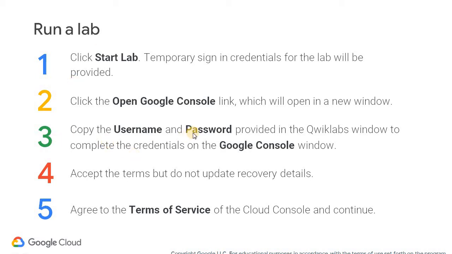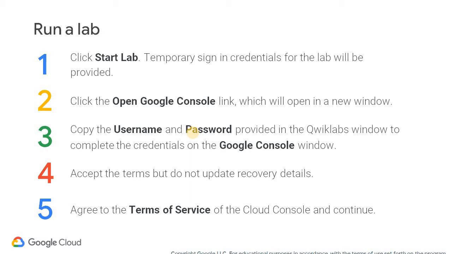Then click the Open Google Console link. A new browser window will open and sign-in credentials will be requested. The username and password provided in the Quick Labs window are to be used to complete the credentials on the Google Cloud window.